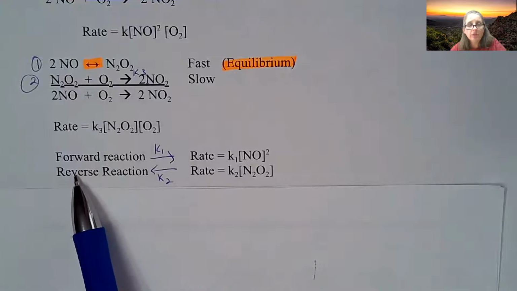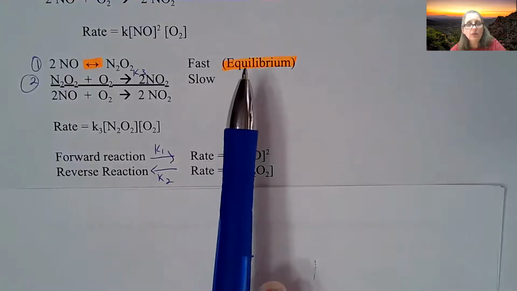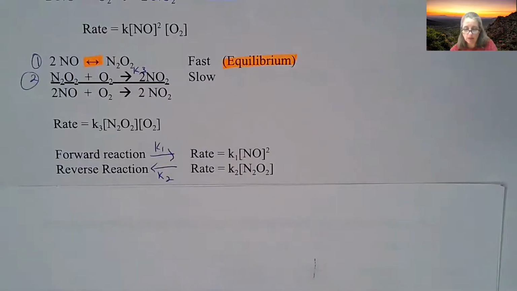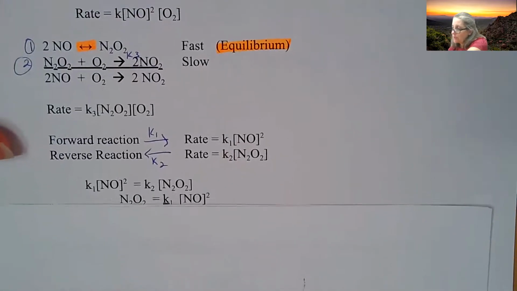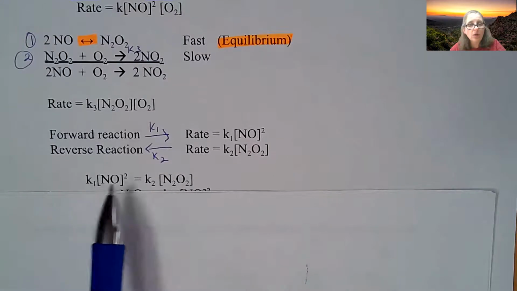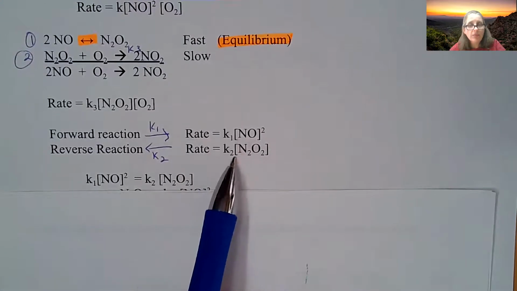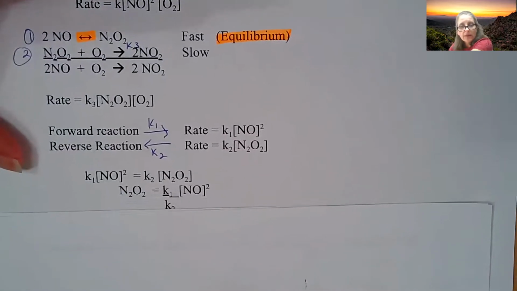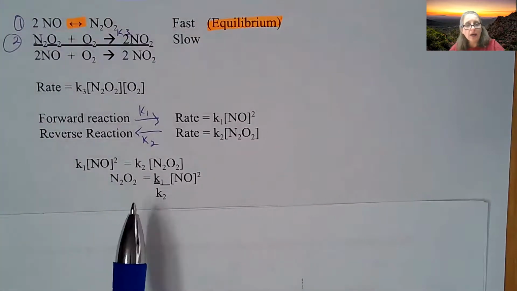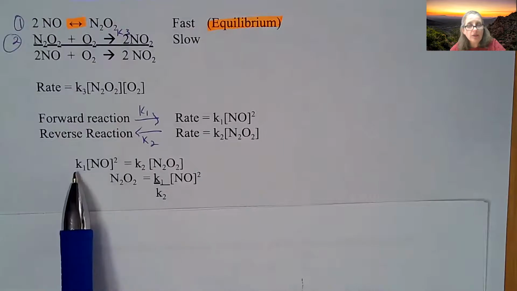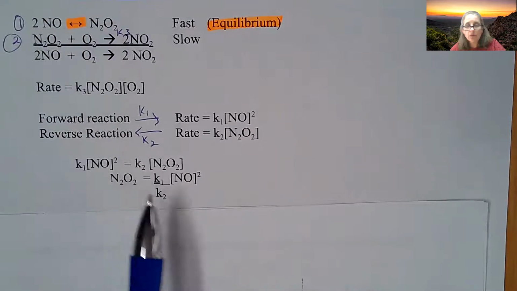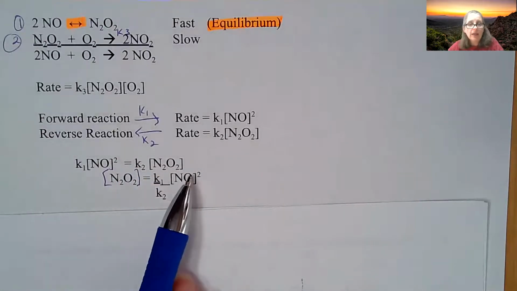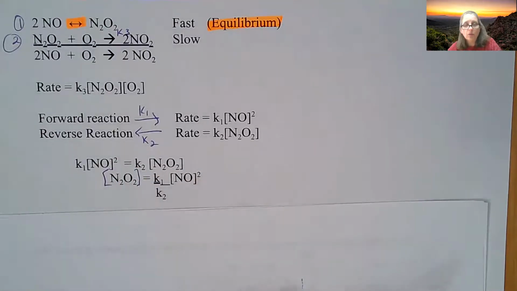So the forward and reverse reaction, since it's at equilibrium, is equivalent. So these 2 equal each other. These 2 equal each other. Well, if they equal each other, I could set them equal in an equation. So all I did was manipulate this down to here. Well, what can I do with that? I could take the K2 and bring it over to here. So I have [N2O2], I should have brackets around it, that confuses you, is equivalent to